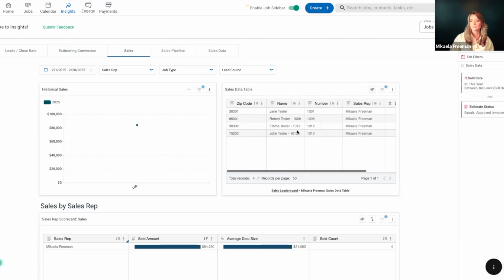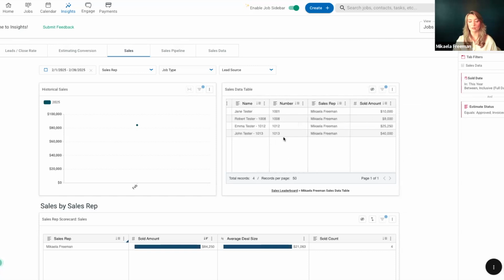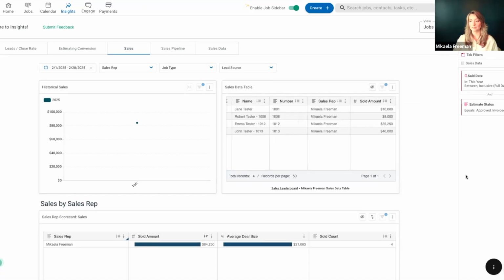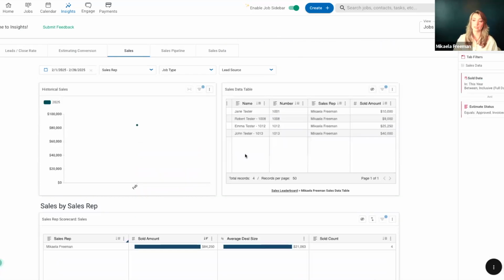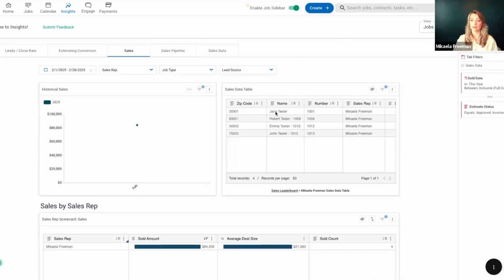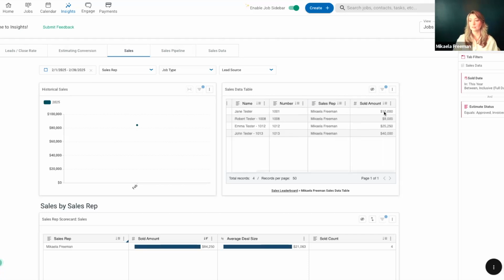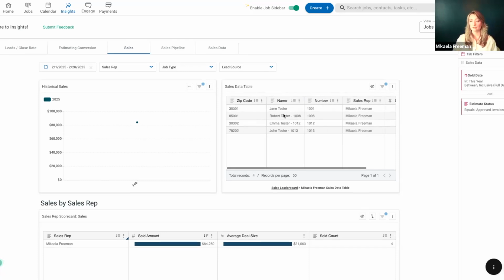So if, like I said, you have more than a few sales reps, it is going to be easier to use that drill down option to figure out which jobs are missing. Or if you're looking at this report and you only sold 80,000 and it says 84,000, you're looking at the inverse. You might have 2 Jane testers in here showing $10,000 and $9,000. If you have 2 estimates in here and they were both for some reason marked as approved, that would be